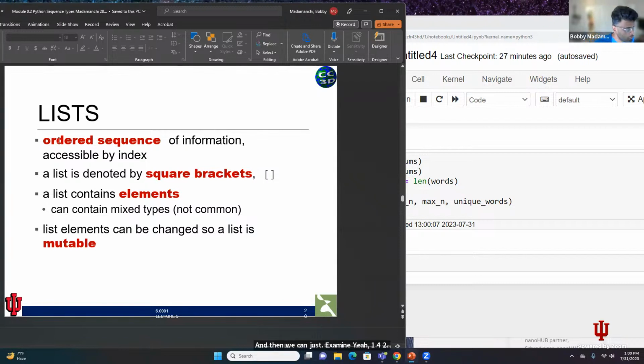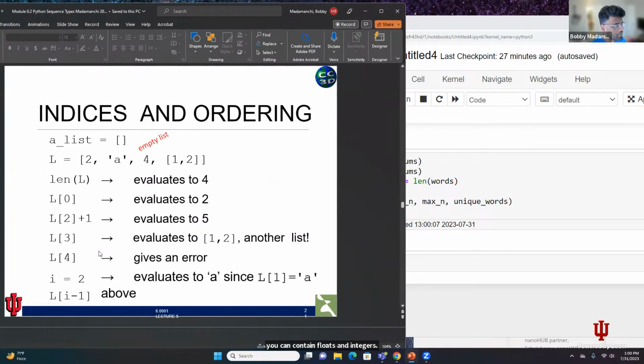So as we've gone over already, lists are ordered sequences of information accessible by index. A list is denoted by square brackets. A list contains items or elements, and it can contain mixed types. It can contain floats and integers. It can contain strings. It can contain objects. List items can be changed, so a list is mutable. In contrast,